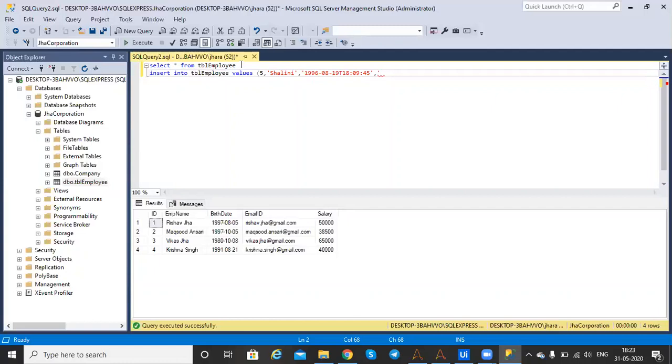After that we mention the email ID, like shalini.jha@gmail.com, and the salary is 45,000.